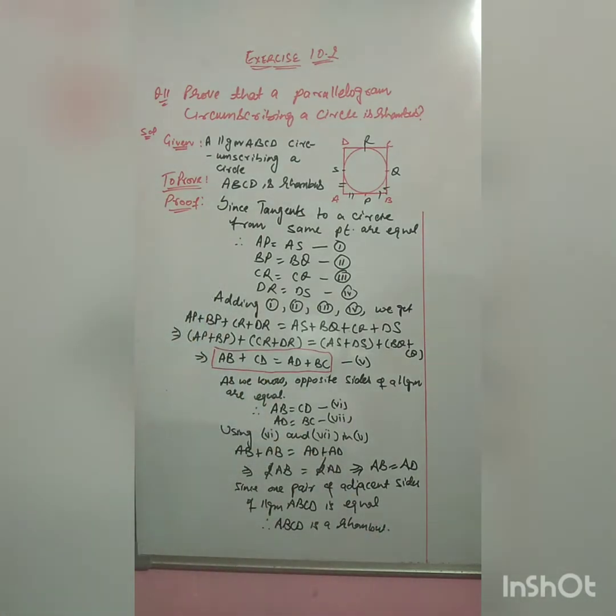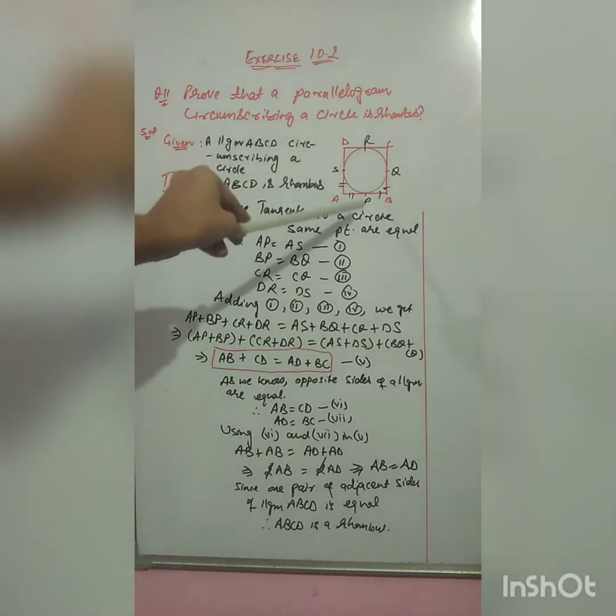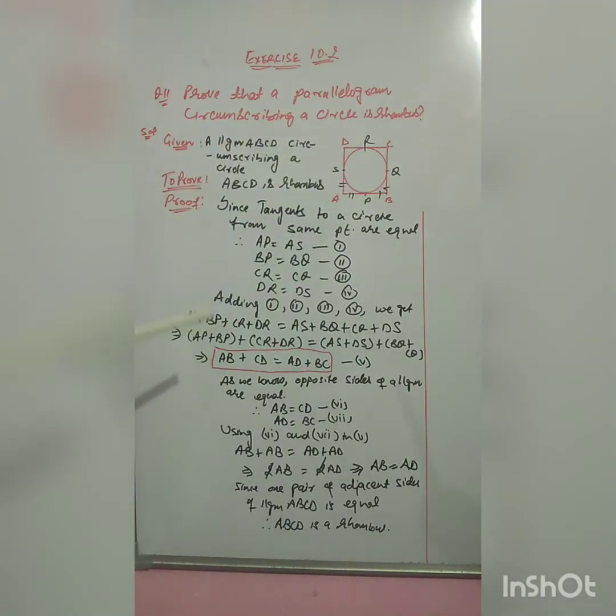So this is what we need to prove here in question number 11, that if a parallelogram circumscribes a circle, like there we are given a parallelogram ABCD circumscribing a circle, then this parallelogram would be a rhombus. So we have used the same concept as we have used in question number 8, that